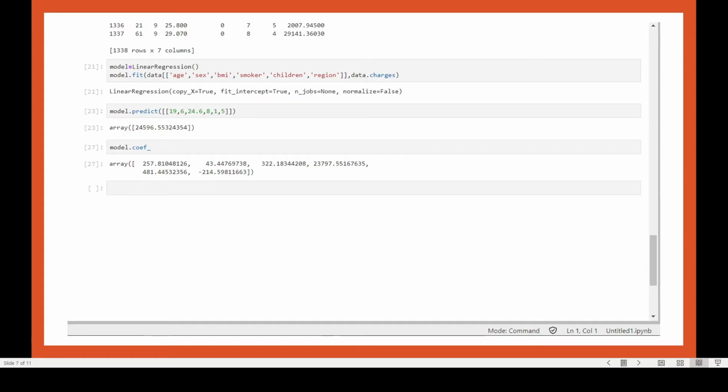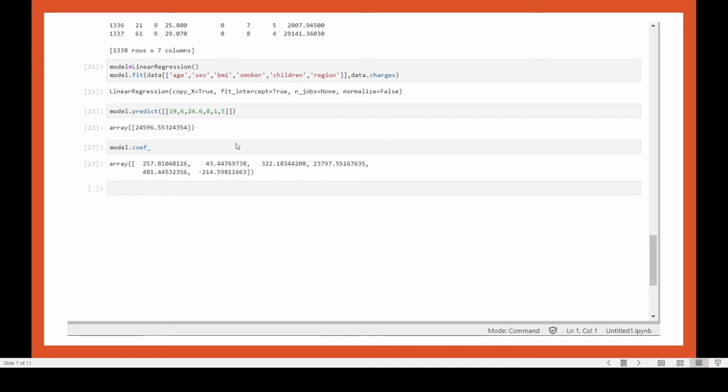So I've trained it with this, and the output data will be charges. After fitting the data on it, I get this response.